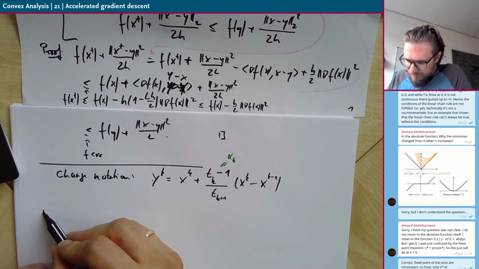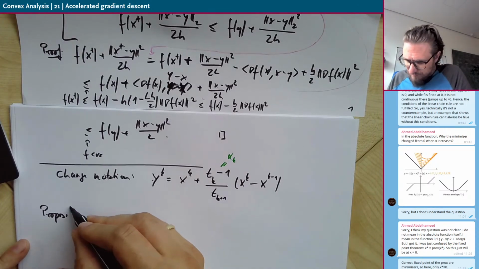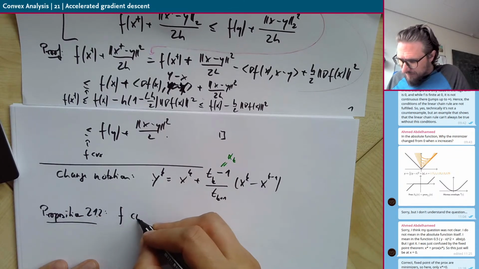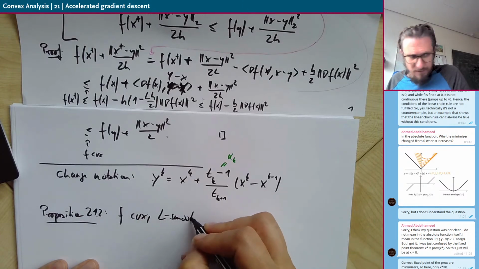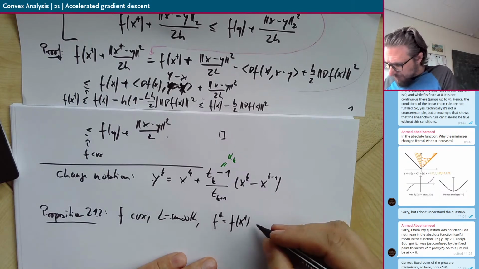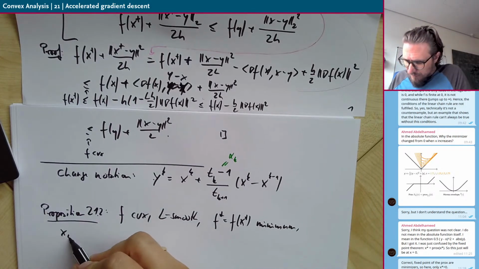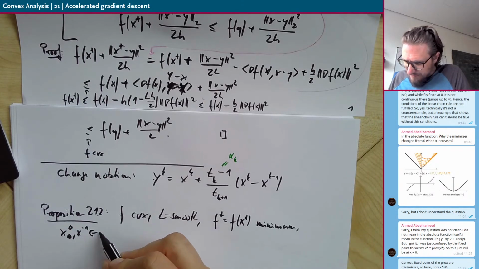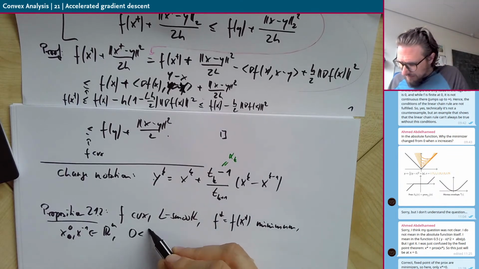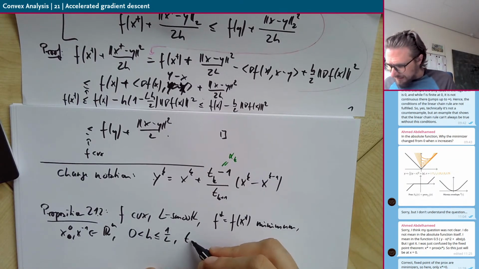And then here comes the proposition which already proves everything which we would like to know about the accelerated gradient descent. Proposition 21.2. So f convex, L-smooth, f star is the minimum, so it has to exist, and arbitrary initial values. The step size, of course positive, but bounded from above by 1 over L, and tk such that